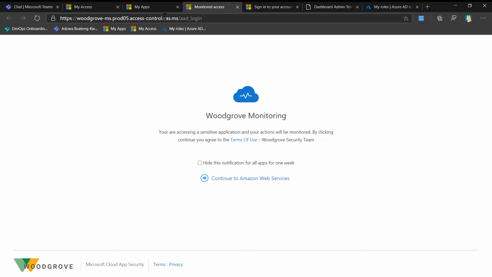One of the things that you'll notice at the very top, you see CAS. This means our CASB solution is actually acting as a proxy. So our Cloud App Security is proxying this entire session. So if Lisa clicks continue, she'll get SSO straight to the application and she'll be able to carry on through